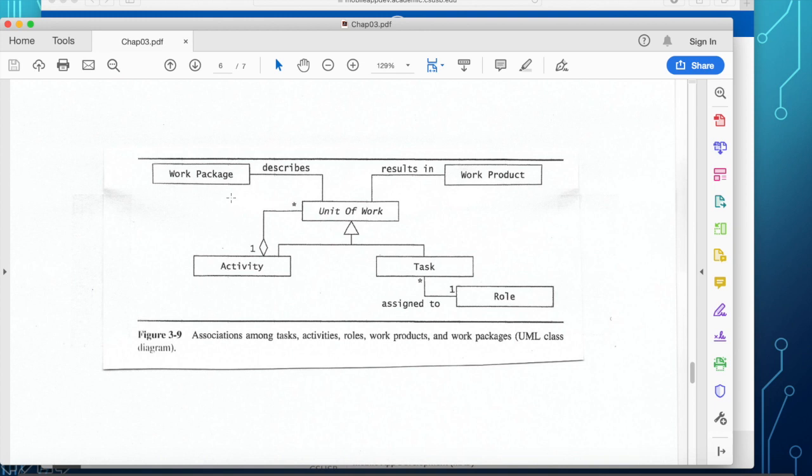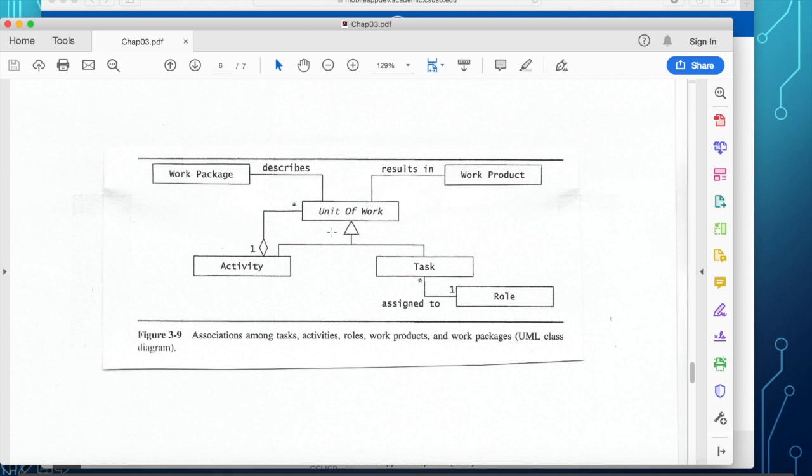Okay, so unit of work is defined to be the different tasks and activities that you are doing, and that is the inheritance here.